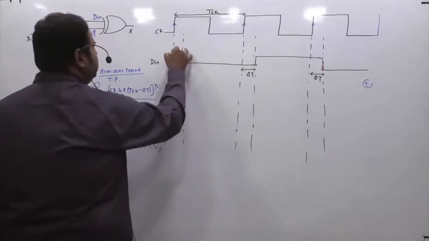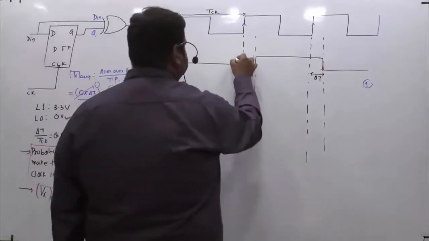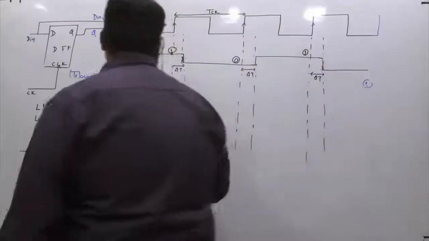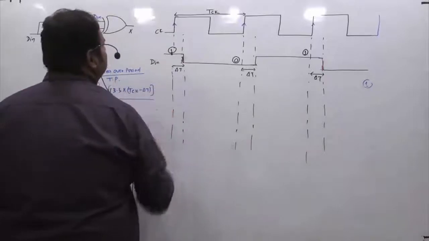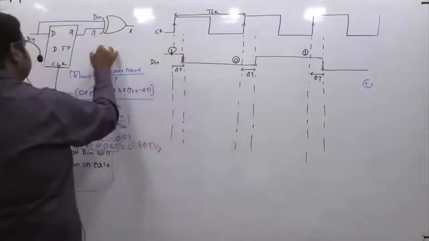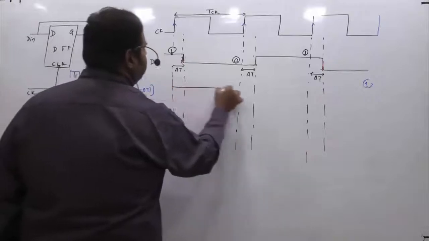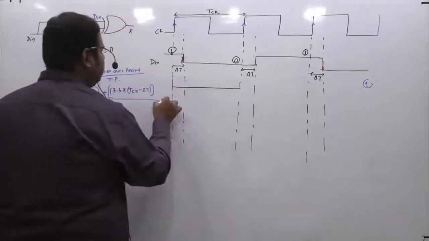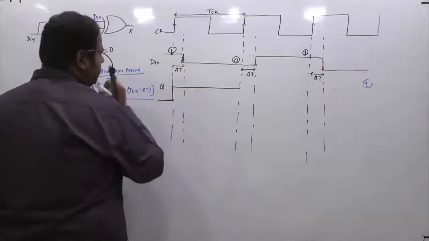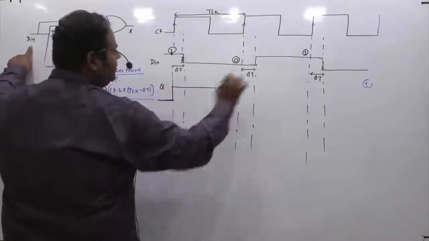So the point here is, you can see this is your 1 on the clock edge. At this clock edge this is your 0, at this clock edge this is your 1, right? So when the first clock is applied at this point, the output, because here it is 1, again Q plus equals D. Because the input is 1, this will continue with 1 till the next clock edge. No matter what it was before, let's say the initial state of Q is 0. Fine, when I give the first clock, D in is 1, so it will continue with 1.